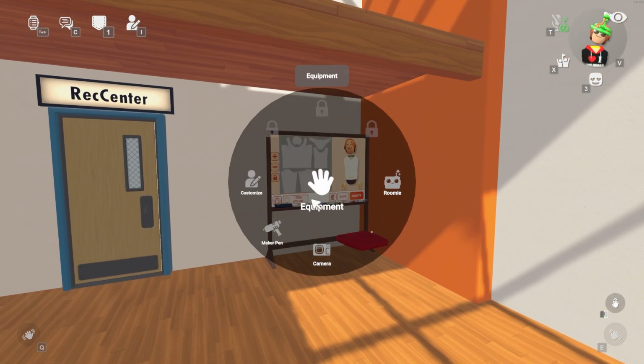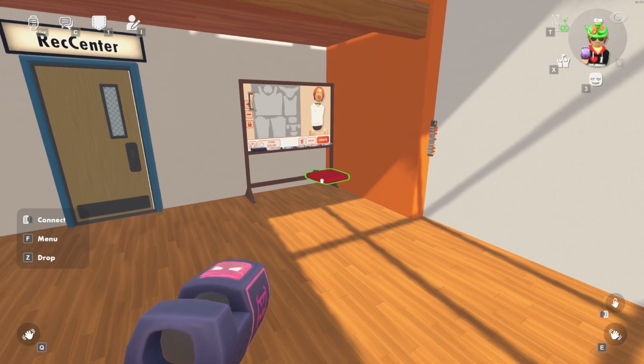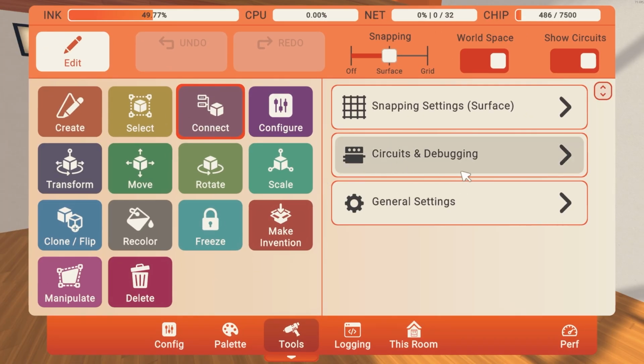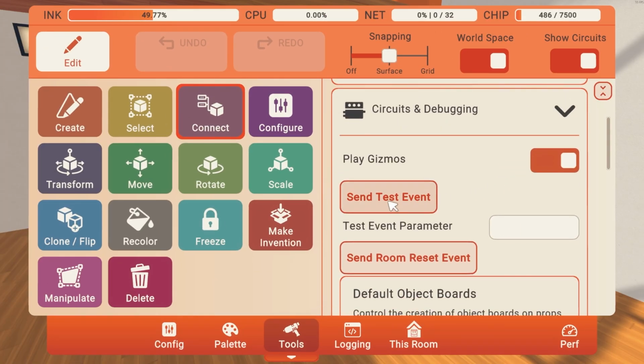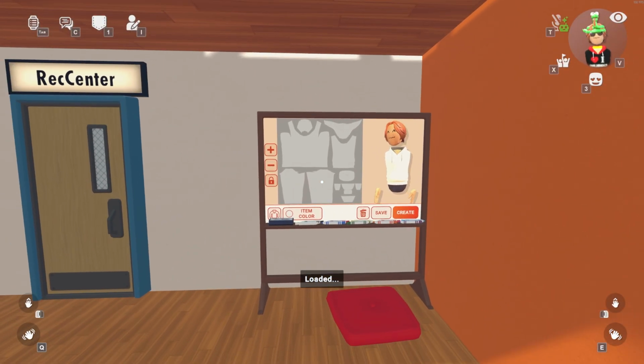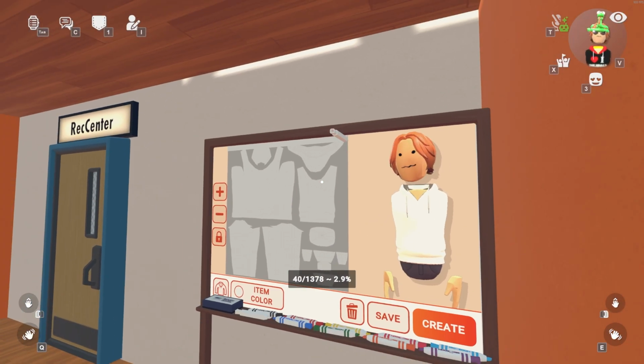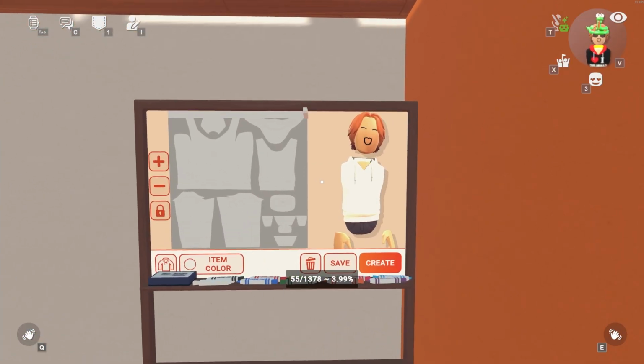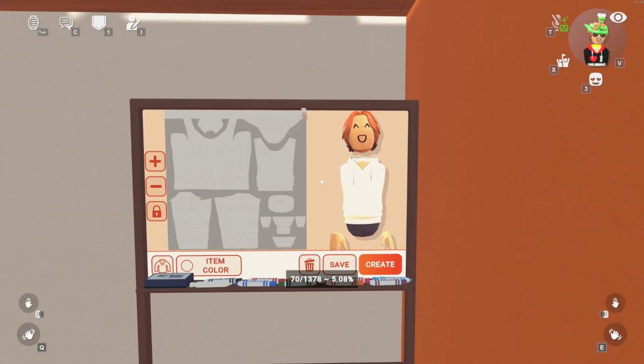So it's finally ready. So how to start the print is to go on your maker pen, go to circuits and debugging, then send test event. Then it's loading and it will start. I'd leave your computer on, or just on a separate tab, just watch a movie or a show or something,